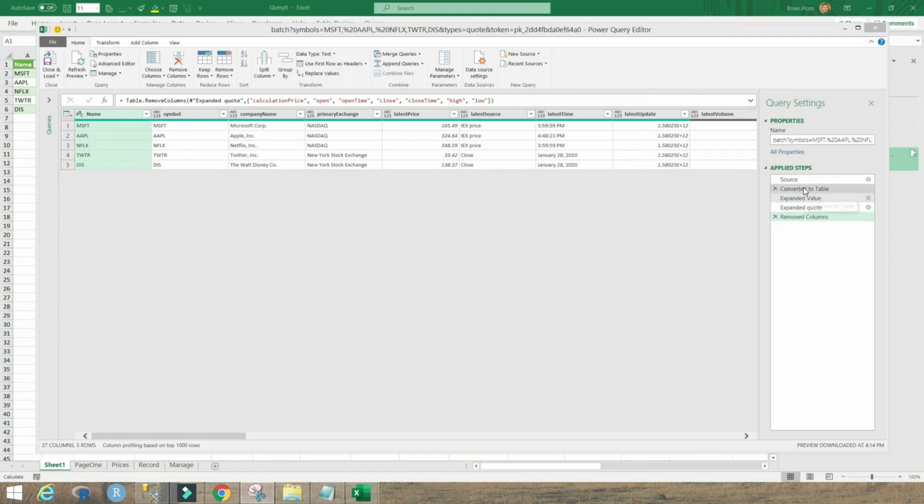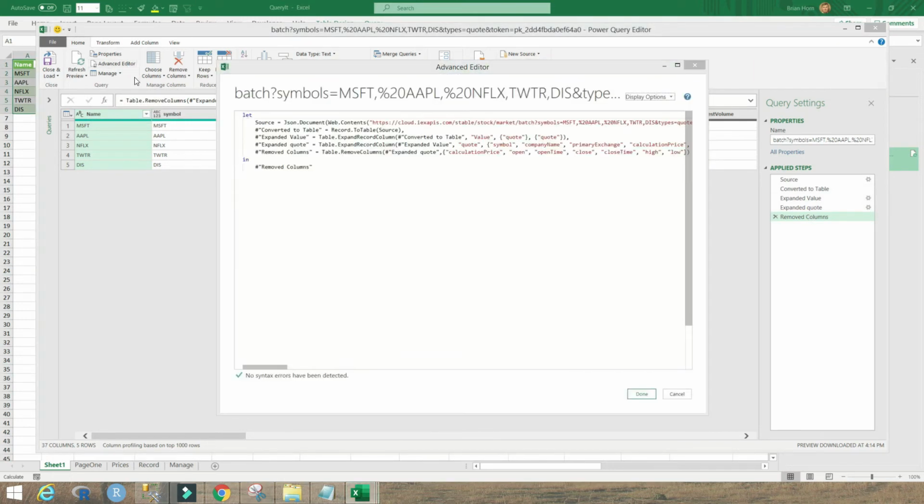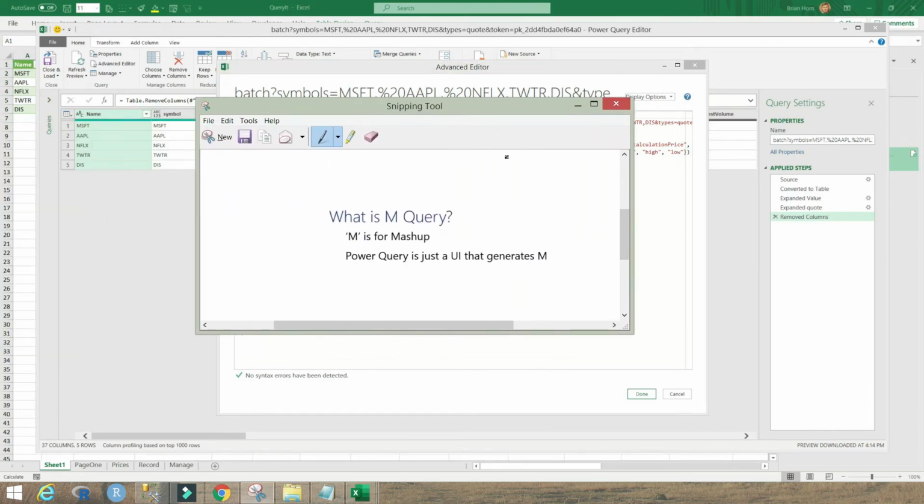I'd like to go over in a little more detail the steps over here that are shown to the right. If you go into the advanced editor, those steps are now shown essentially in a programming language, and it's called the M query language. And M stands for mashup, and it's a way to generate additional functionality that's not inherent in the user interface